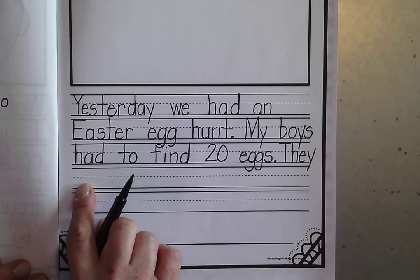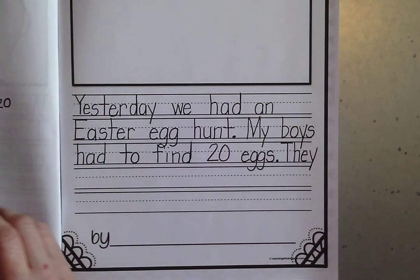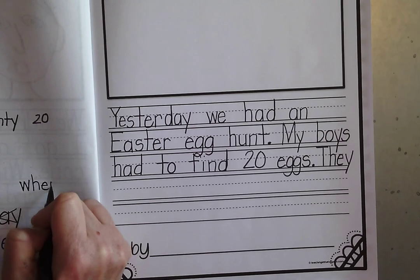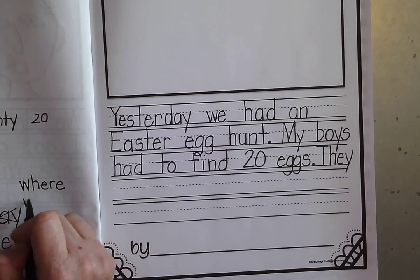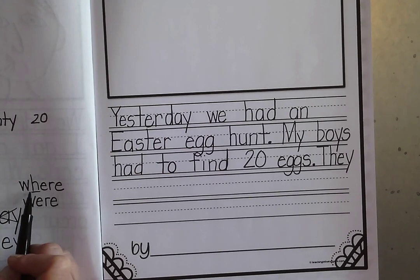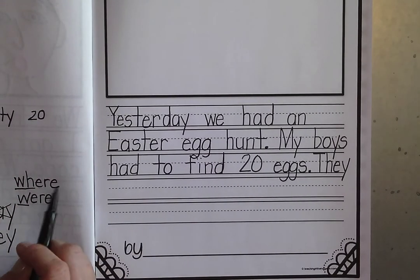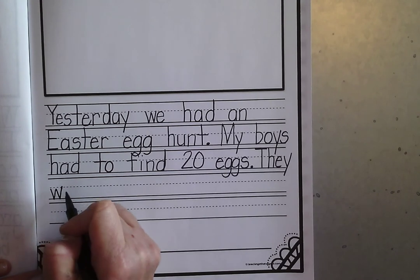Were. Now, were is one of those words that is kind of tricky because sometimes first graders want to write this word, where. But this is the word where. Were is W-E-R-E. There's no H in were. Where starts with W-H and were just starts with W. But they have that same E-R-E part. So I'm going to write, they were